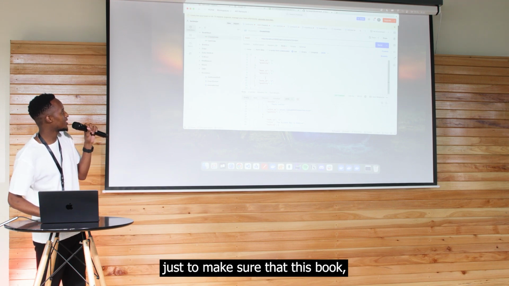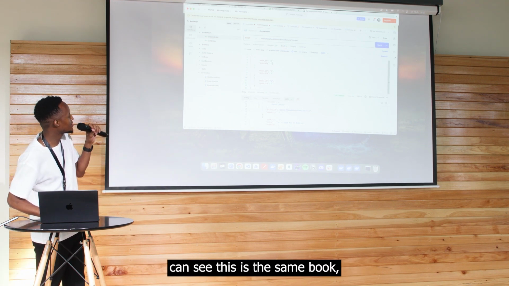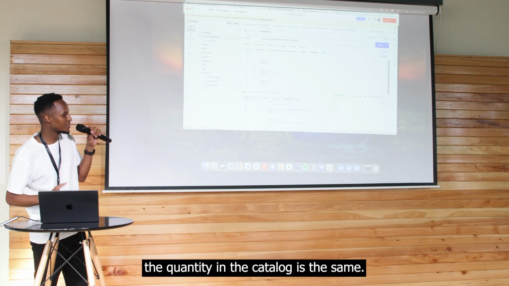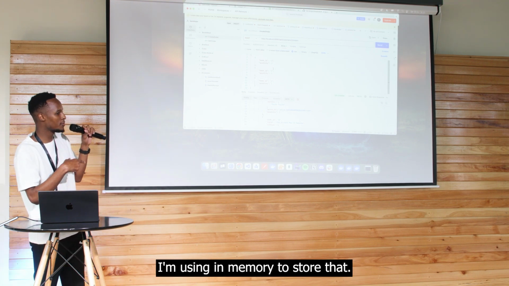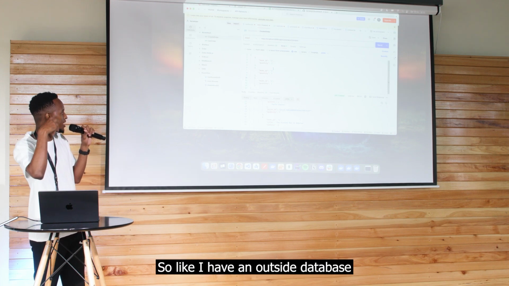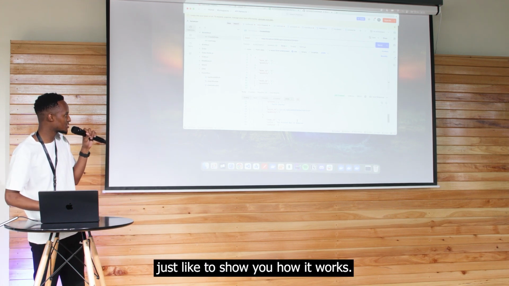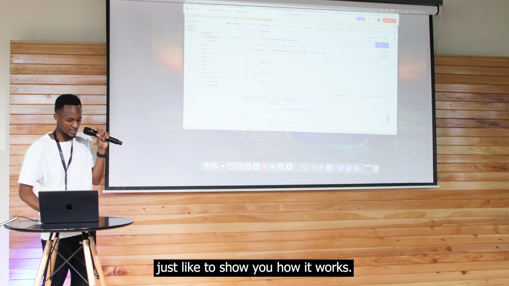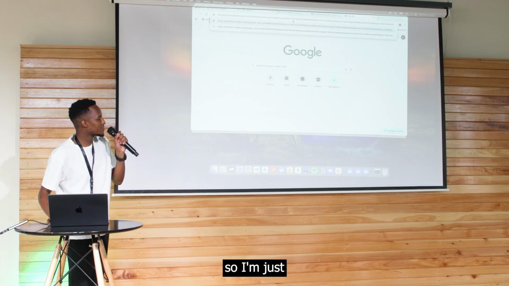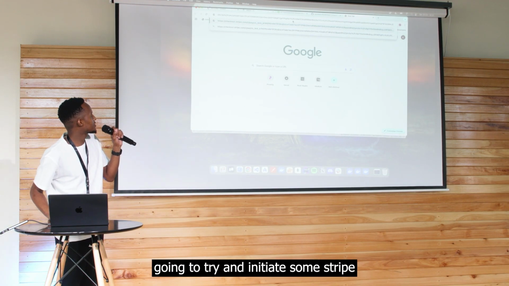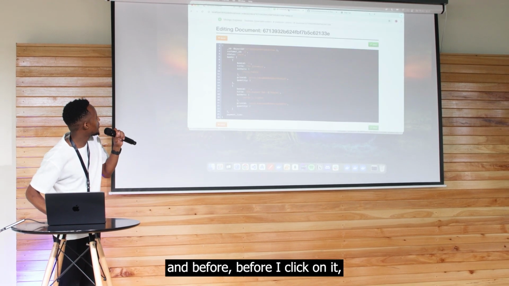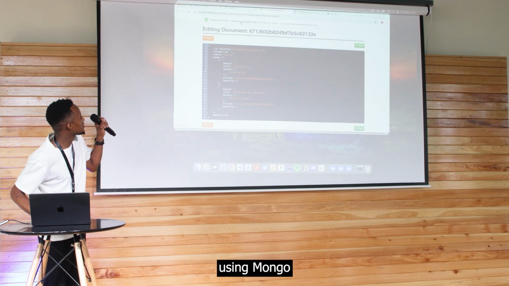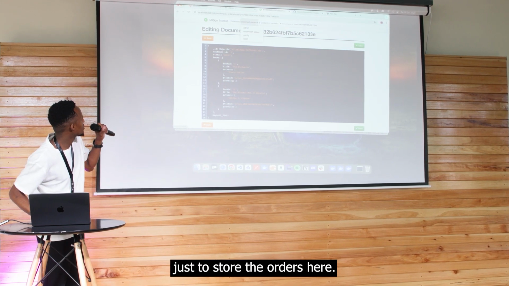just to make sure that this book, for example, you can see this is the same book, the quantity in the catalog is the same. I'm using in-memory storage for that. I have an outside database for that, but this is just to show you how it works. So I'm just going to try and initiate some Stripe. And before I click on it, I'm using Mongo just to store the orders here.